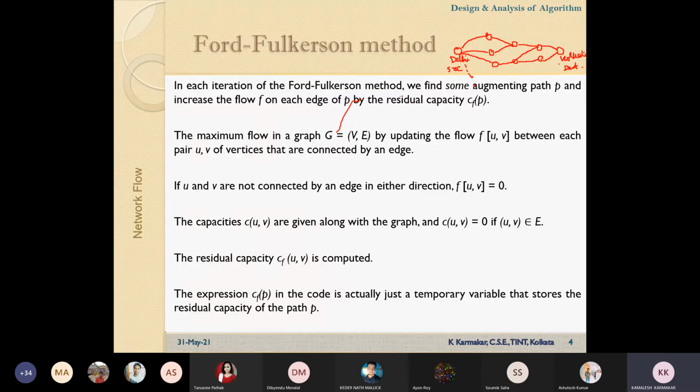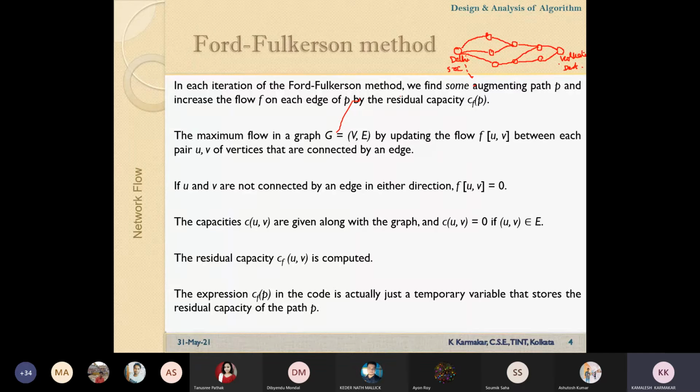But here the problem is we have a network where we have to determine the maximum flow. From a single source to a single destination, what can be the maximum flow? So you have to schedule the trains accordingly so that the maximum flow can be achieved. Okay. Is it clear, or do I have to discuss in more detail?